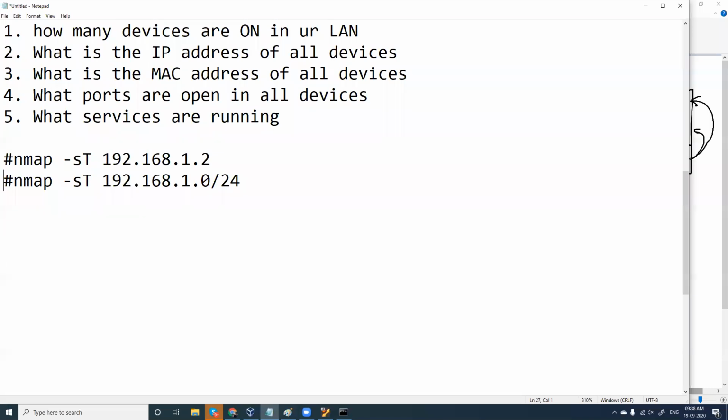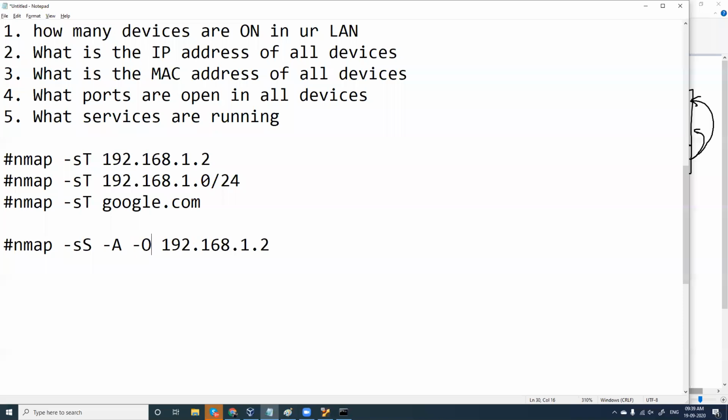And you can also use nmap for an external scan like this. You can give google.com, a domain name, or a public IP address, which again is going to give you results. So this is the basic scan. In case you want to go for an advanced scan, where I want to make some changes, the complex scan can be like this: -sS, -A, -O, -v, -p-. All these options have different meanings.